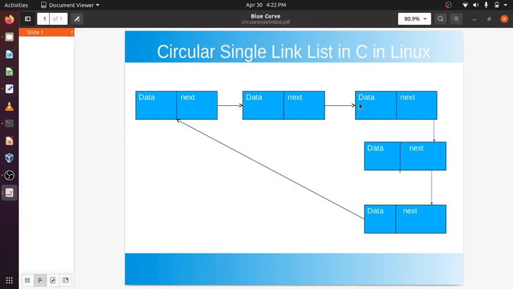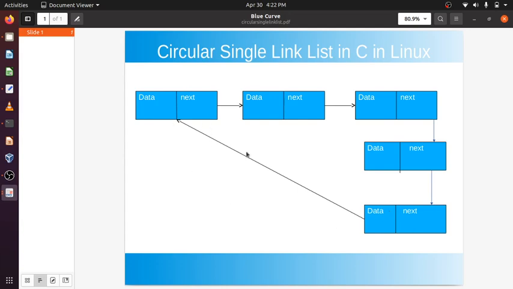Like here the first node, after reversal, will become the last node, and after the last iteration, present node will be containing the address of the first node. So previous node will be pointing here. Now first next is the last node, which always points to the first element, and this becomes the first element.